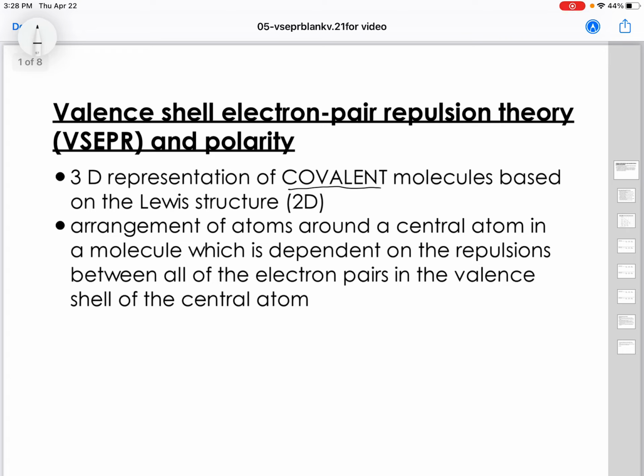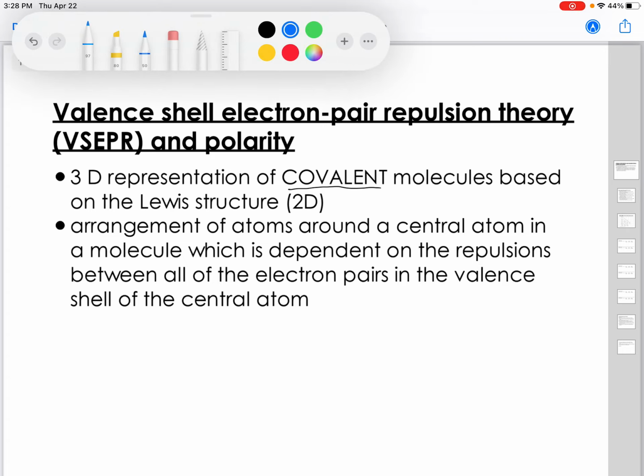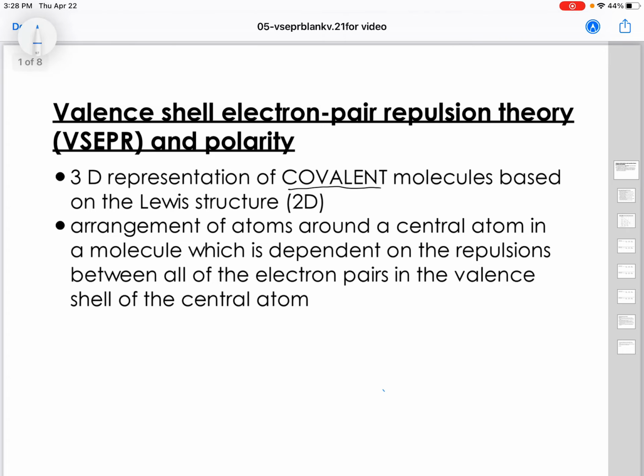So we're only going to focus on covalent. We're not going to worry about the Lewis structures for ionic compounds. Again, because they're so rigid, plus minus, very boring. Okay? So the central atom, central implying like in the middle,